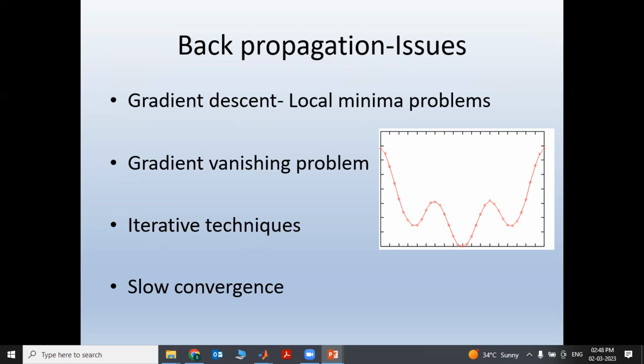The convergence to the global or local value is also generally slow because we are using the gradient descent algorithm. So please understand there are a lot of issues associated with backpropagation when we are using a gradient descent algorithm.